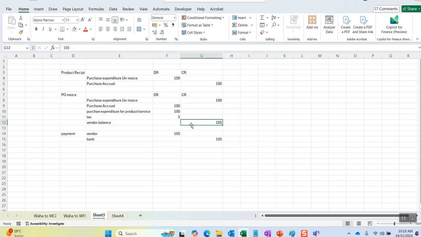Okay, so these are the three entries during the PO invoice time, and the interviewer will ask about these three entries. So what is my product receipt entry, what is my PO invoice entry, during payment what is my entry. So these are the three entries which an interviewer will definitely ask you in the SCM questions. Okay, and there is another question which he may ask, he will ask you to explain the